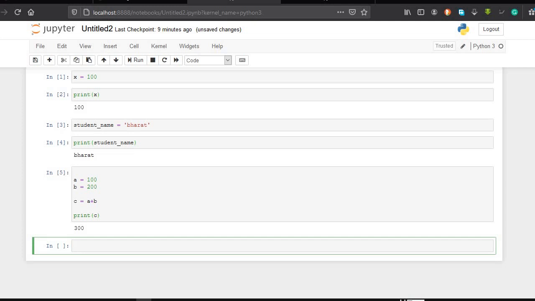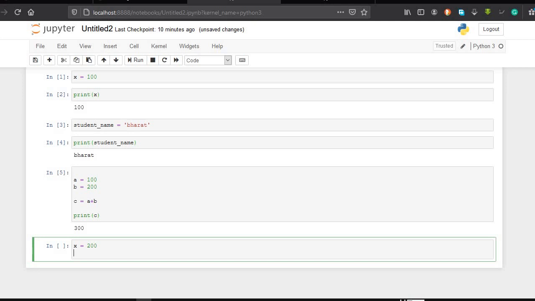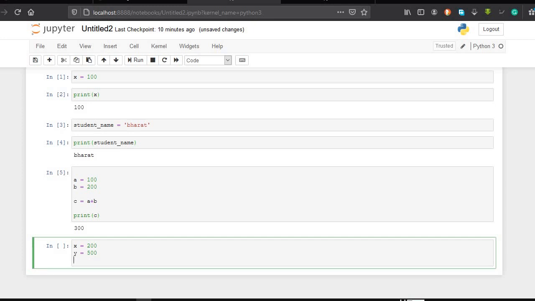We can also apply multiplication of variables and assign it to another variable. Like if x holds 200 and another variable y holds 500, and I want to print the multiplication of these two variables, we can do this by simply writing x multiply y.